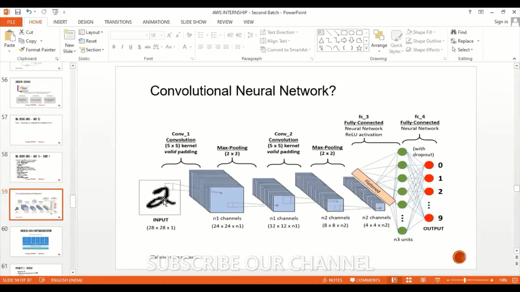So for the grayscale image, let me take the notation first. Let us imagine that this is my 28 into 28 pixel grayscale image. I want to predict this 2 now. So I'll try to divide this into a number of cells, let's say 28 into 28 cells. But in the real world or real picture, you will be having 256 sometimes, or more than that, pixels. More pixels means more clarity. So I'll divide this into a number of cells like this.